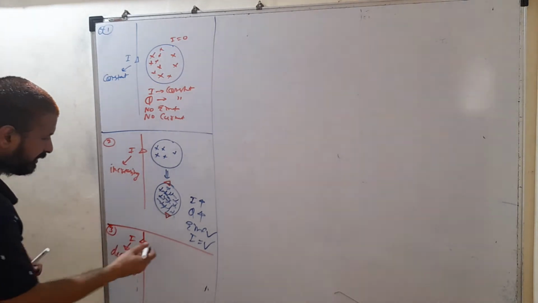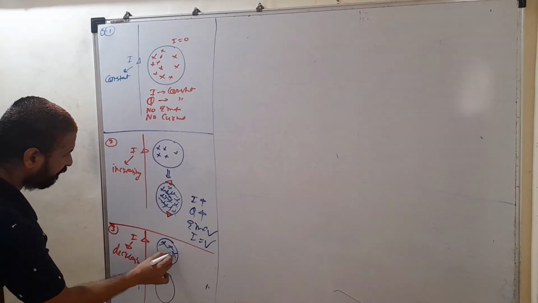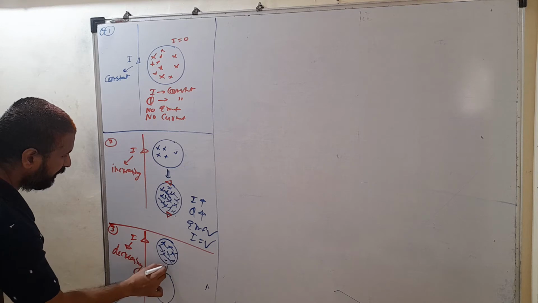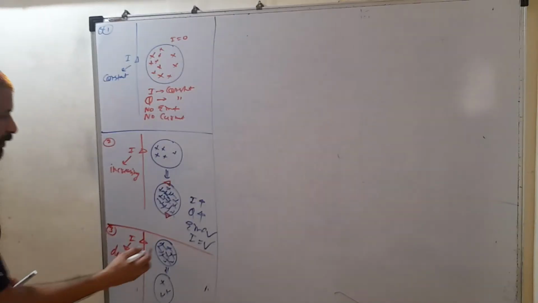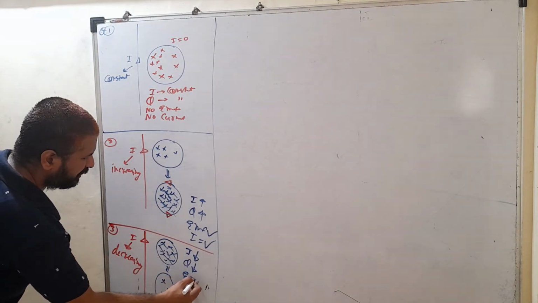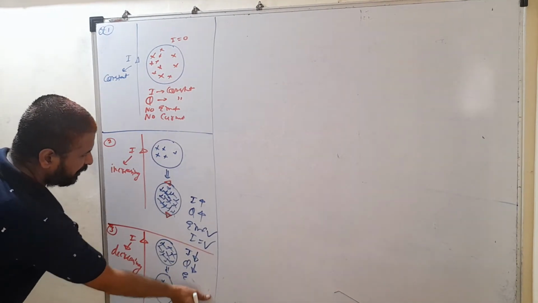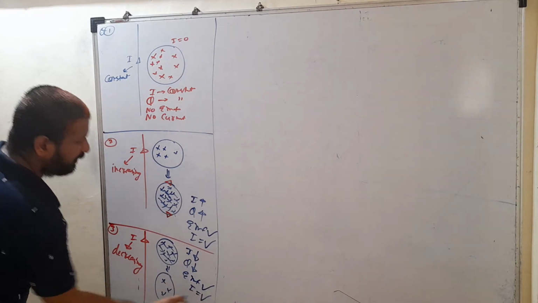So if current is decreasing, here also because current is in upward direction, so when current decreases, initially flux is more in that loop, so flux also decreases. So here current decreases, so flux decreases, so again EMF is induced. EMF does not care about anything, it only needs change. So again EMF is induced. So current is also developed, but you have to decide in which direction current is developed.